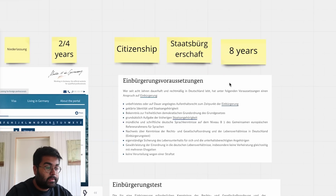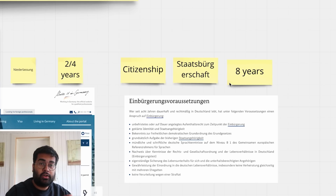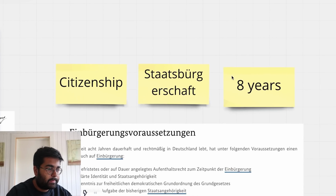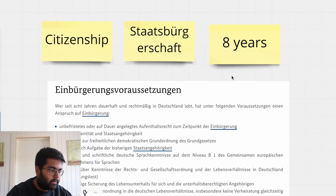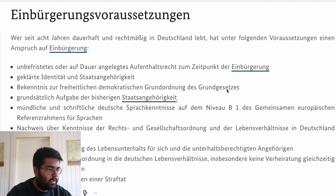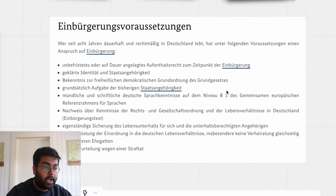Now let's talk about the citizenship. Again, I've pulled out all of the things from the official German government websites. Now the citizenship takes 8 years, and there are different kinds of regulations that you have to take a look at here. So generally you need to have your settlement permit or your Niederlassung or your permanent residency in order to